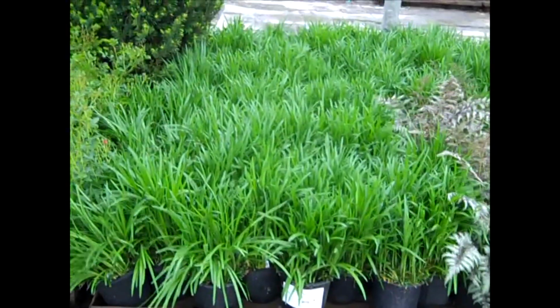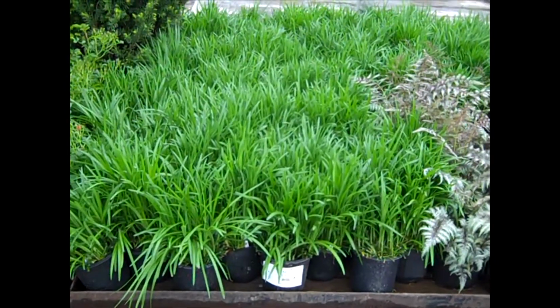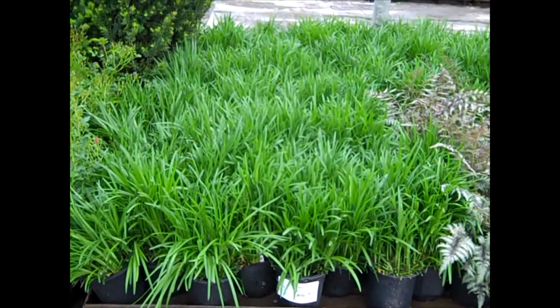Here we're looking at Liriope, and that's Big Blue. We also have Royal Purple, Silvery Sunproof,